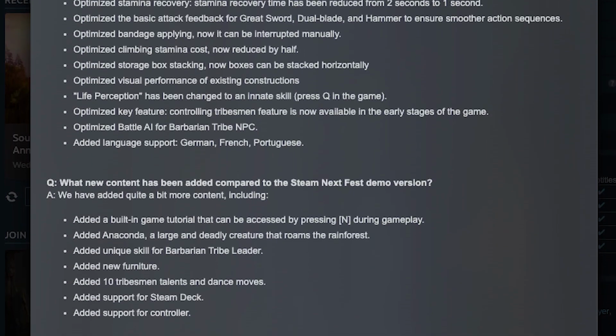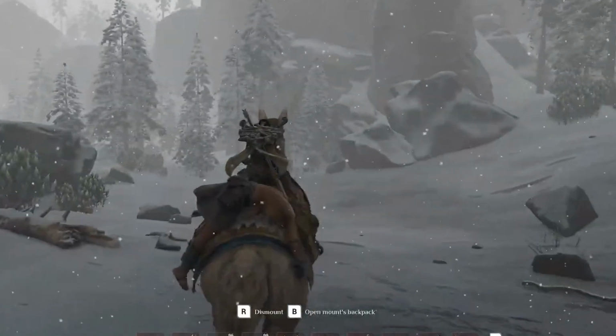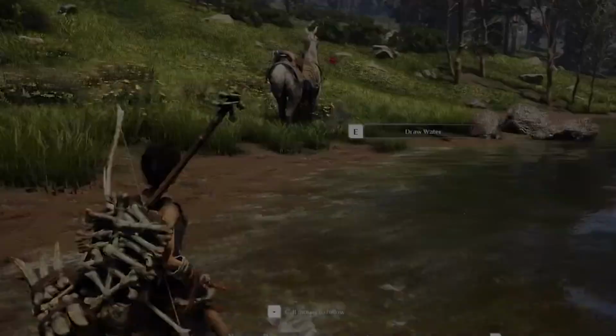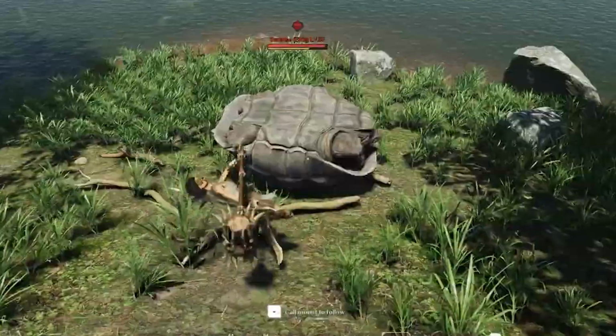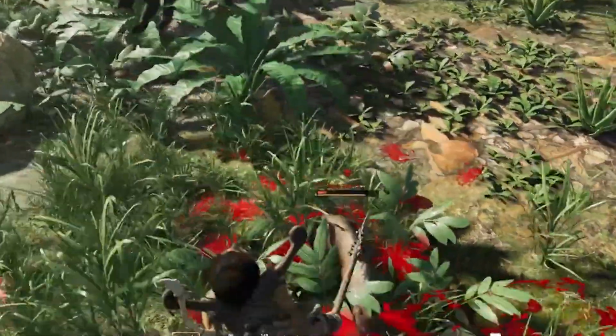But the short synopsis is, they have stated, since our last demo, we've made tons of optimizations. Faster weapon draws, quicker stamina recovery, and enhanced combat feedback for several weapons. We've also improved the tribe NPC's AI, making your allies and enemies smarter than ever. So it looks like it's going to be a lot more challenging this time around compared to the previous one,